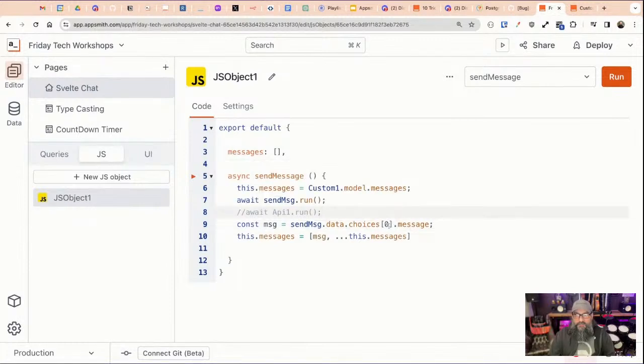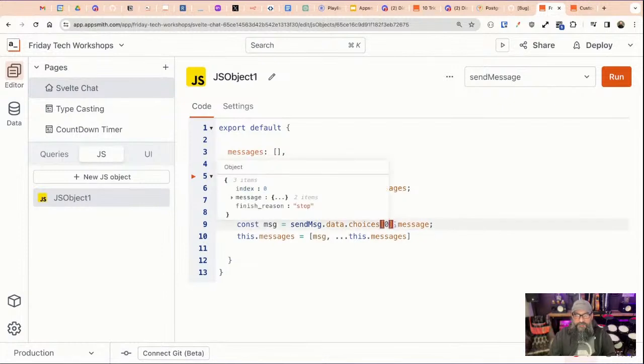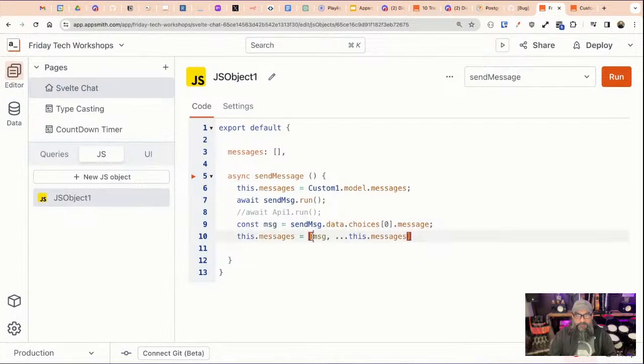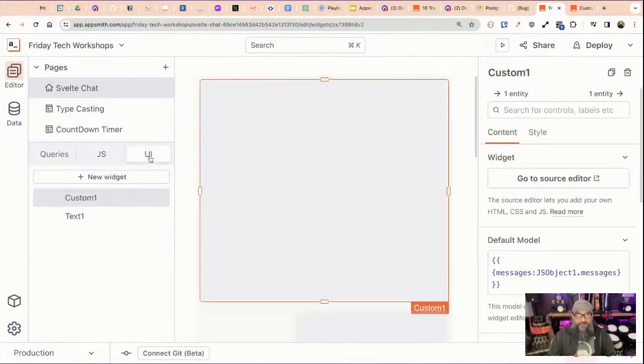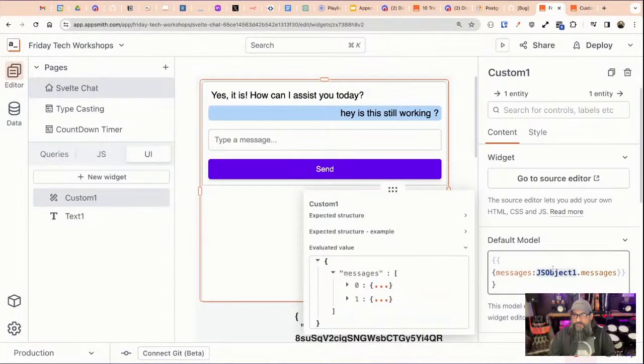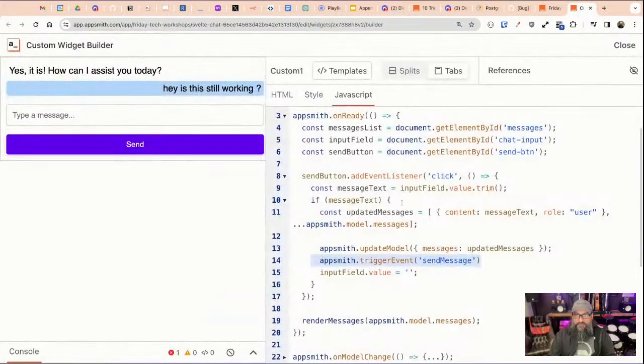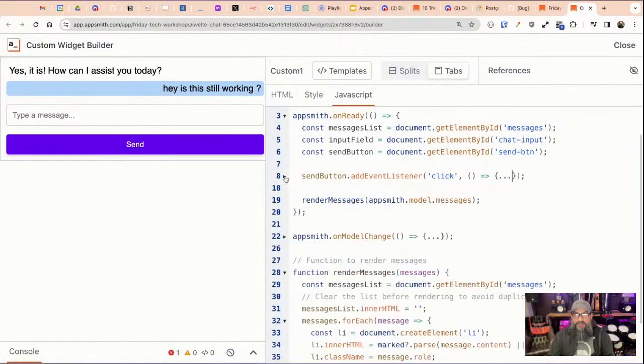And so if it was last, you'd have to figure out the length and then put the length here. But this is a lot easier. So for that most recent message, I'm putting it at the beginning of the array and then expanding the rest of the messages and setting this equal to that, which then is referenced here. And so it's reactive, and that comes back, and every time this changes, now the custom widget sees a change,